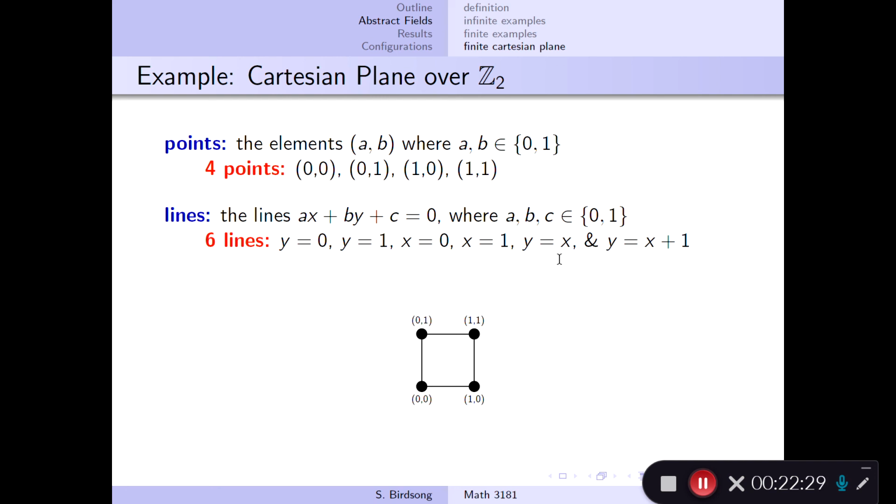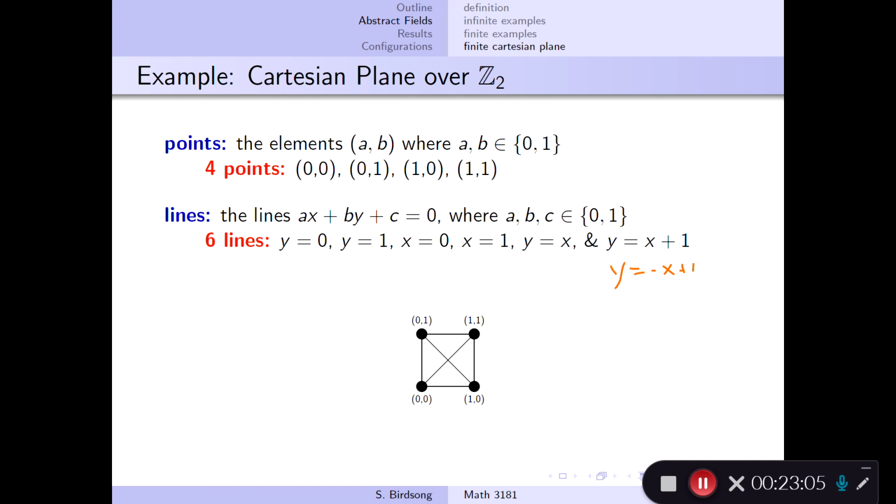Now, x equals y, that would be only those 2 points, or the same normal line that you would think. And y equals x plus 1, notice what this tells you. This tells you that your y coordinate is x plus 1, the x coordinate plus 1. It's going to be the line right here. Notice down here, if you add 1 to your x coordinate, you get 2, but 2 is the same as 0. So that's why this one would work. Or if you think of it as y equals negative x plus 1, you can think of it as this negative slope like we normally think of it. Okay, so that would be our